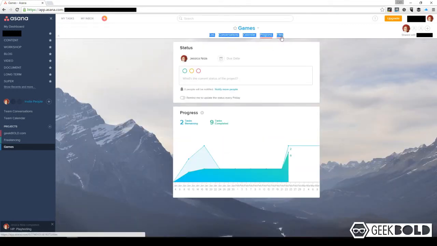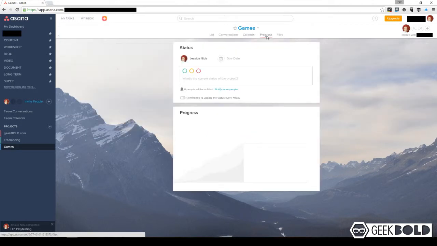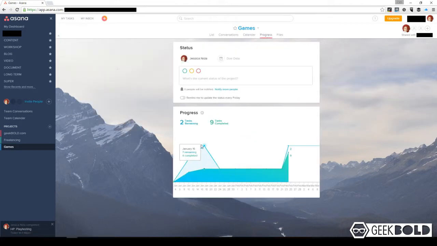So I can go to all of the files that I attached. So if you're looking for all the different rulebook revisions and you don't want to browse through the calendar, you can just find them there. And you can kind of see the burn down that's going on. And you could set up a little reminder